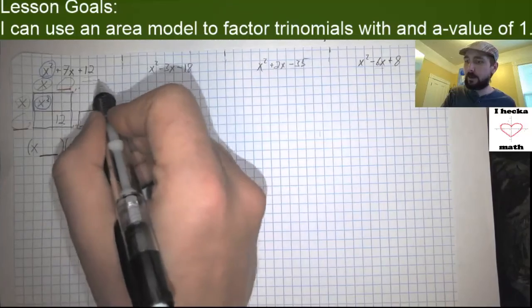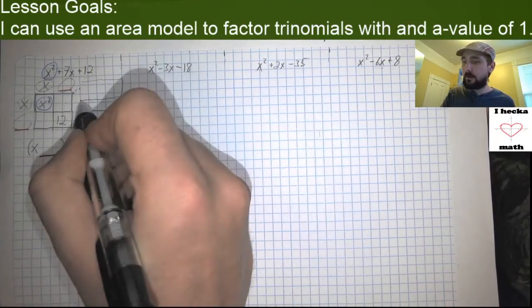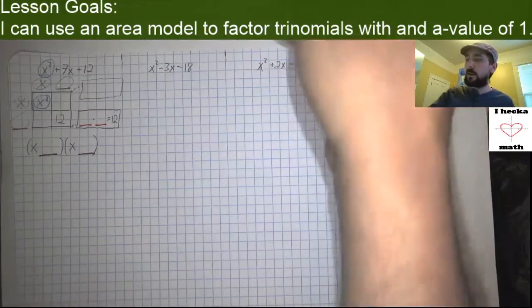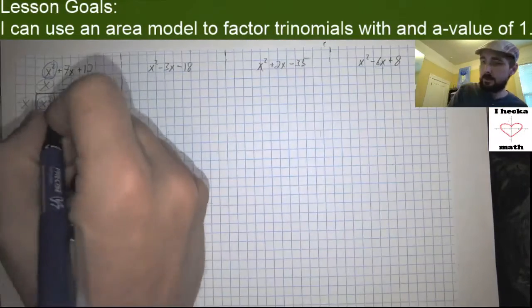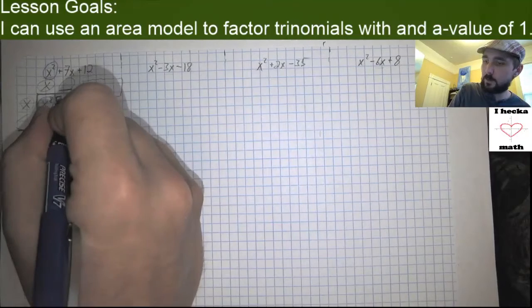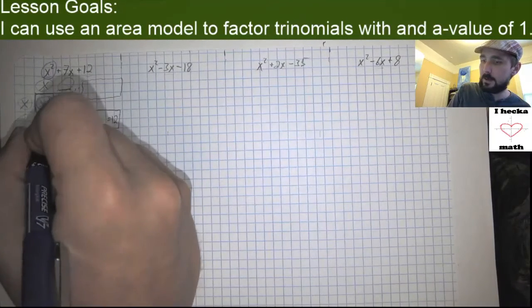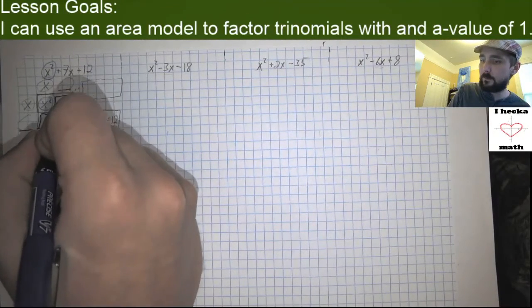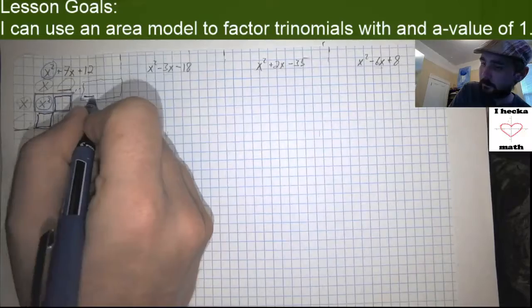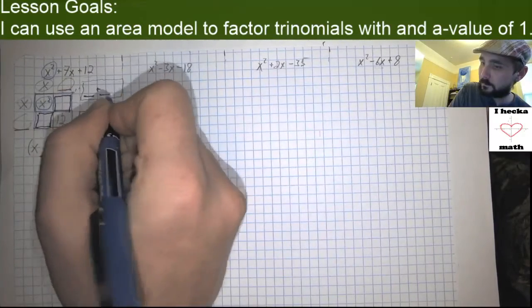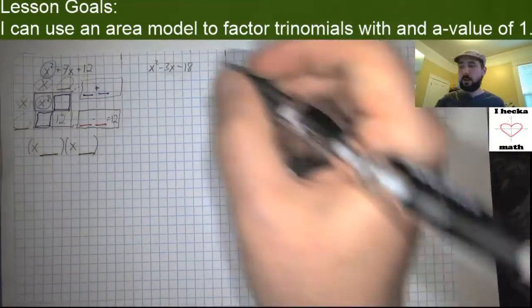So let me put another thought bubble there, and let me put a square around these. So the two things that we put in here are going to add up to a total of